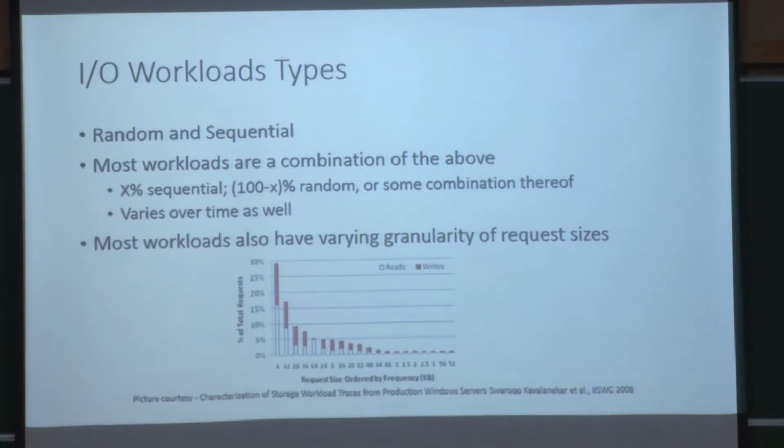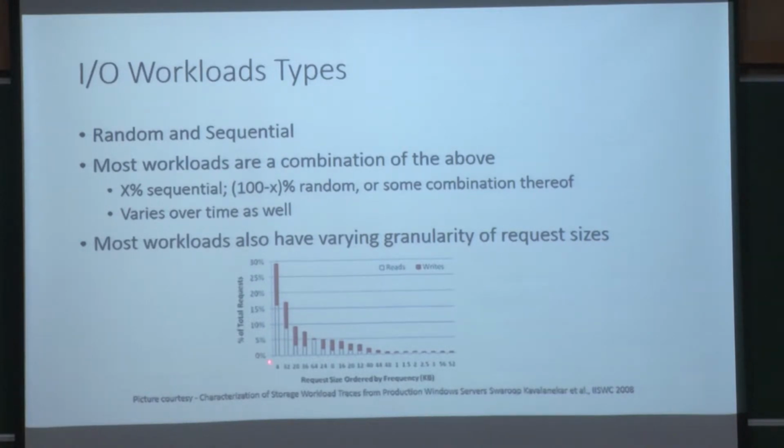Not only that, most of the workloads also have varying request sizes. When I said before that the minimum access granularity is 512 bytes, that's what it is. It's a minimum access granularity. But a particular workload can demand more data. It would say, well, I don't need just 512 bytes, I need 256 kilobytes. So in that case, your workload also has a distribution in terms of sizes as to what kind of